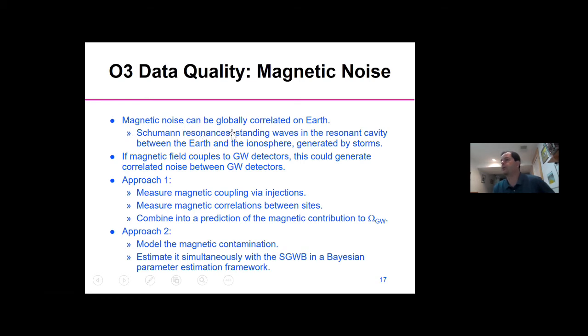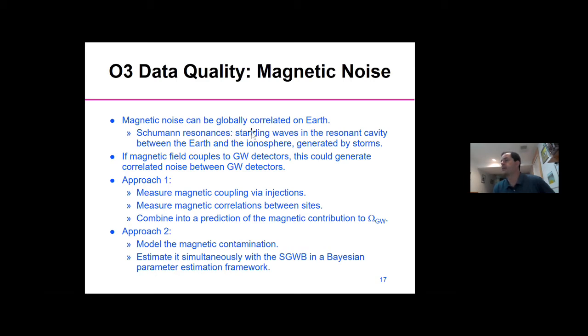And you may have heard of the Schumann resonances. These are basically the standing waves in the magnetic field around the Earth that are effectively caught in a resonant cavity between the surface of the Earth and the ionosphere. So storms, which of course there are many of around the Earth at any given time, thunderstorms and so on, create standing waves in this resonant cavity, and because they're standing, they are correlated between different geographic locations on the surface